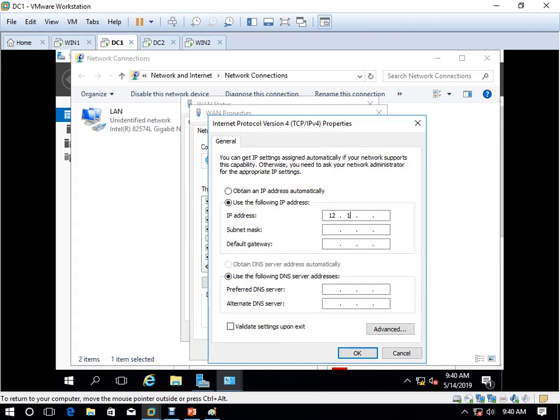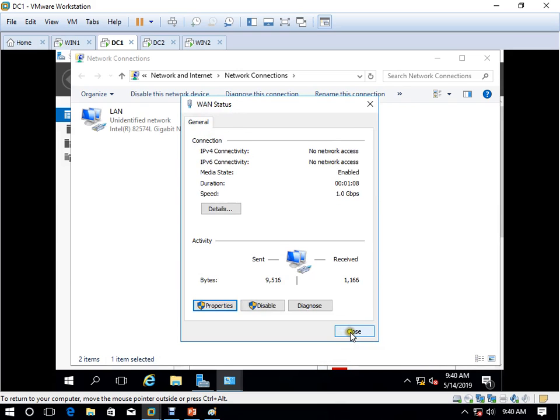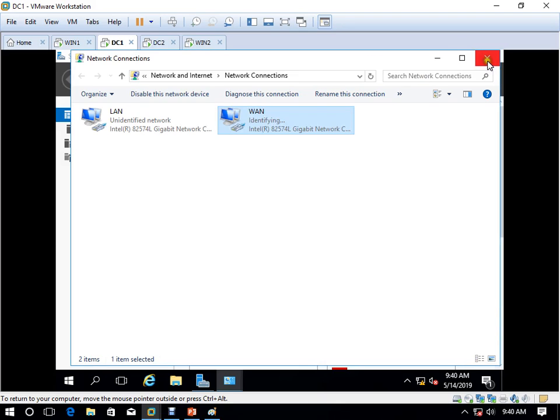WAN IP I am using 12.1.1.1. For subnet mask I am using this one, and gateway I will use like this one. DNS is not required. Gateway is the other router address, another server address.